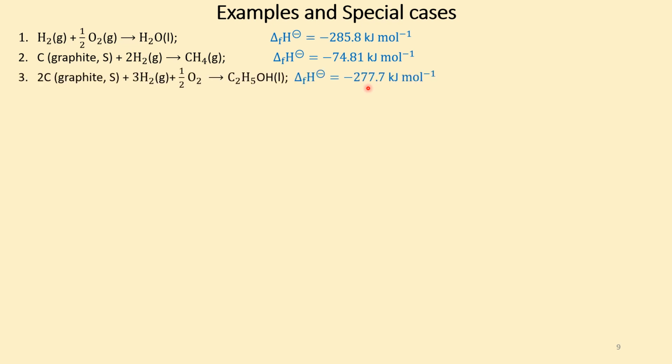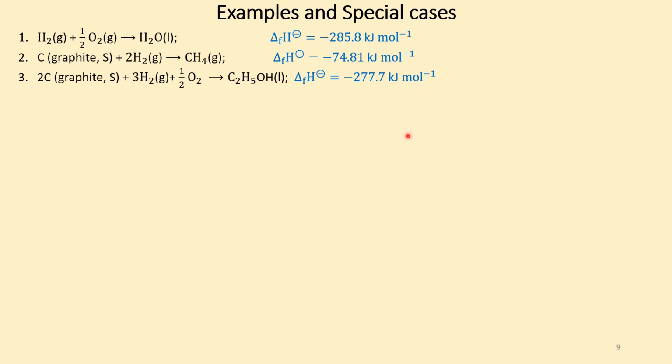Third example is 2C, that is 2 moles of graphite in solid state, combined with 3H2 gas plus half O2, all these three elements combine to form C2H5OH, which is in liquid state. So the product is in liquid state, whereas of the reactants one is solid and two are gaseous, and its ΔfH° is